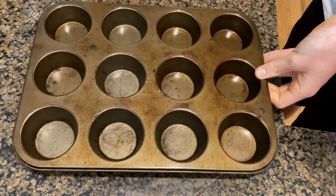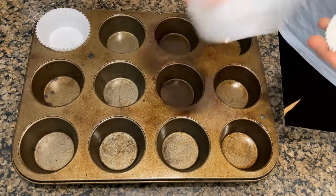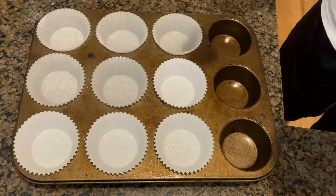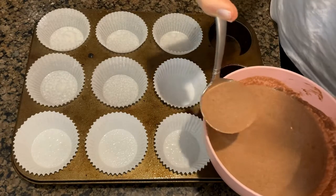And after you're done mixing your ingredients well, get a cupcake sheet and start putting in cupcake wrappers. I was able to get 9 cupcakes, but it might be different for you depending on how much you fill them up. Then spray them with nonstick and start pouring in the batter. I didn't pour it in because of the bowl I was using, so I ended up using a ladle, which